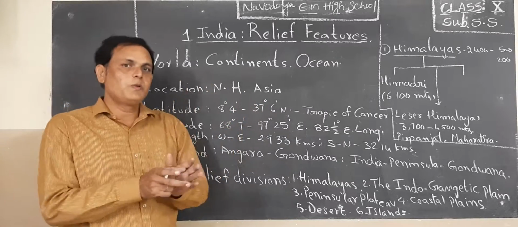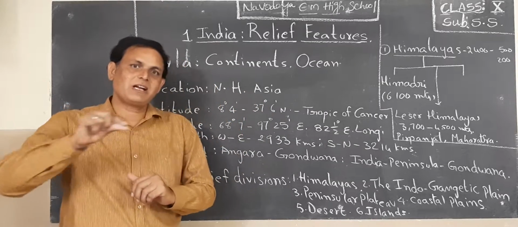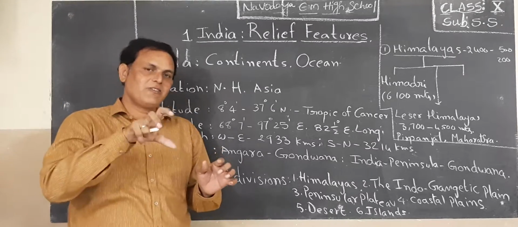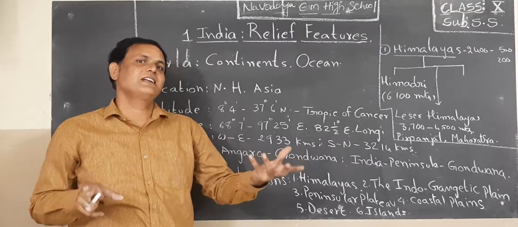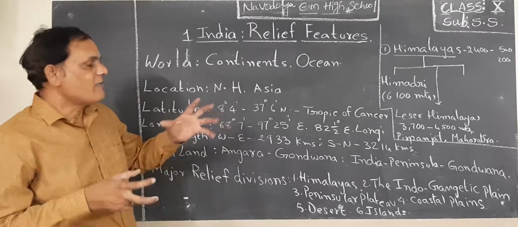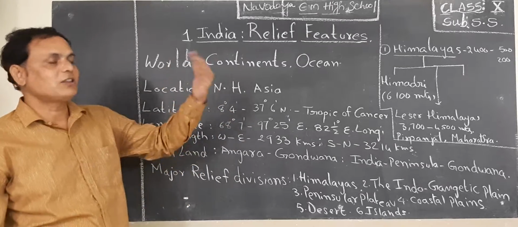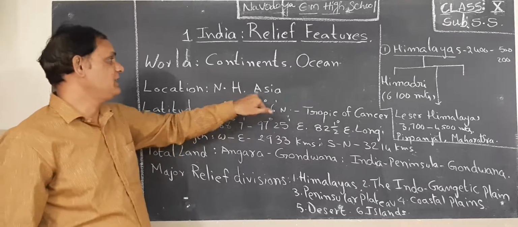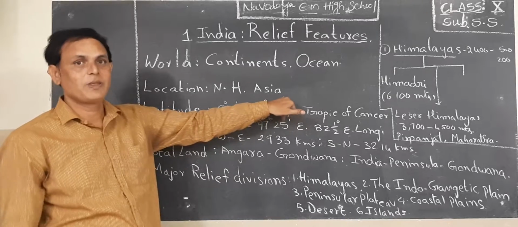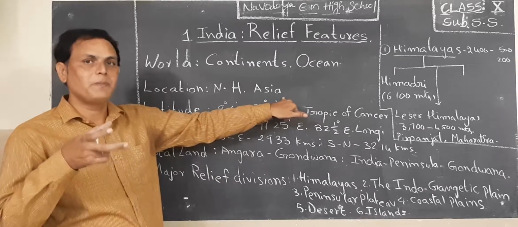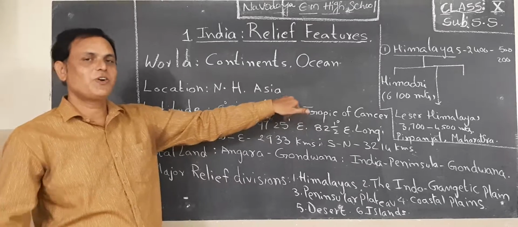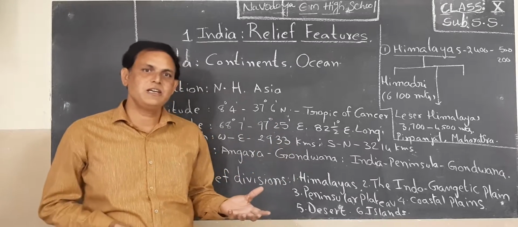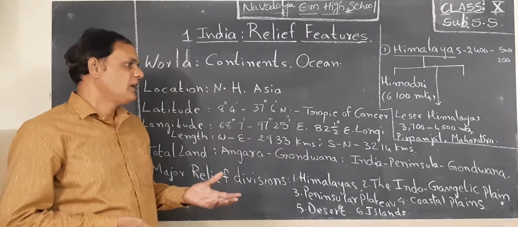In the globe 2 parts are there. From the equator, the place above is the northern hemisphere. From the equator, the place below is the southern hemisphere. So our country's location is in the northern hemisphere in the globe. In which continent? Asia continent. I said already, Asia is one of the biggest continents in the world. In Asia, how many countries are there? What is the biggest country?